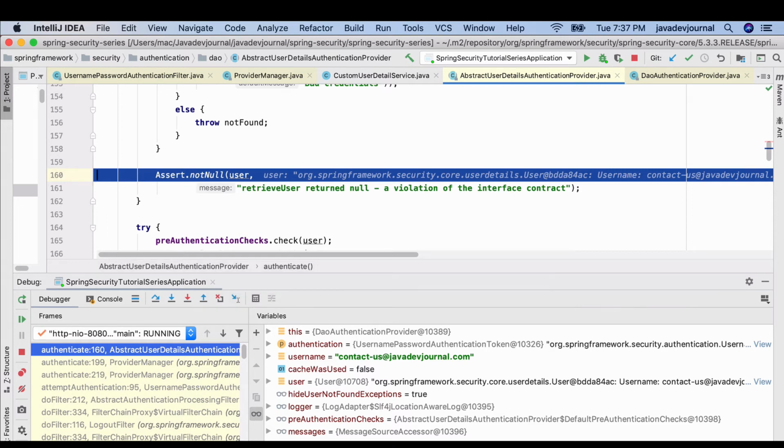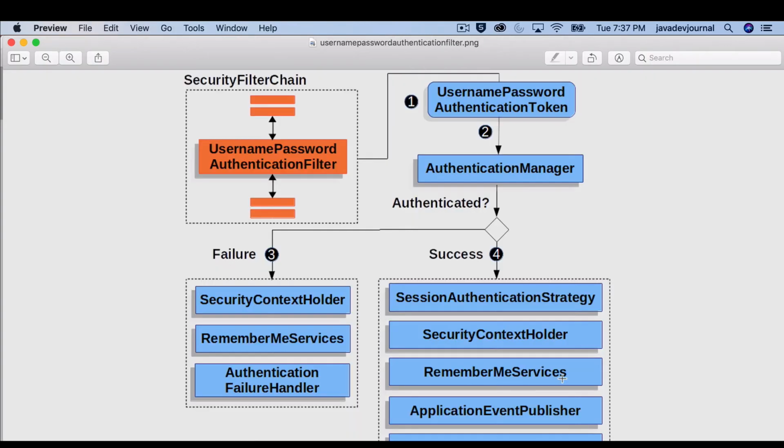But the whole idea I want to show you is to reiterate how the complete login process works so far. The first thing is that this filter chain intercepts the incoming login request. It does nothing but extract the username and password from the request and create this username password authentication token, right?